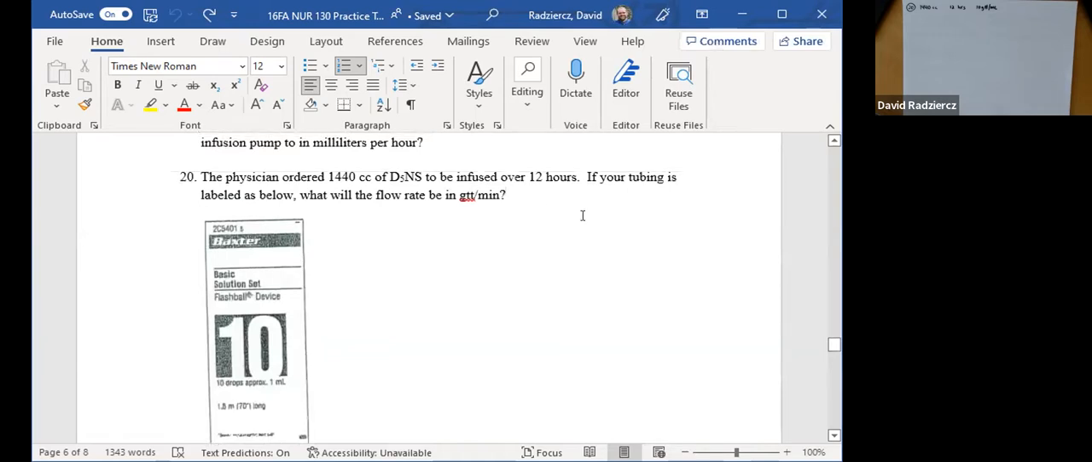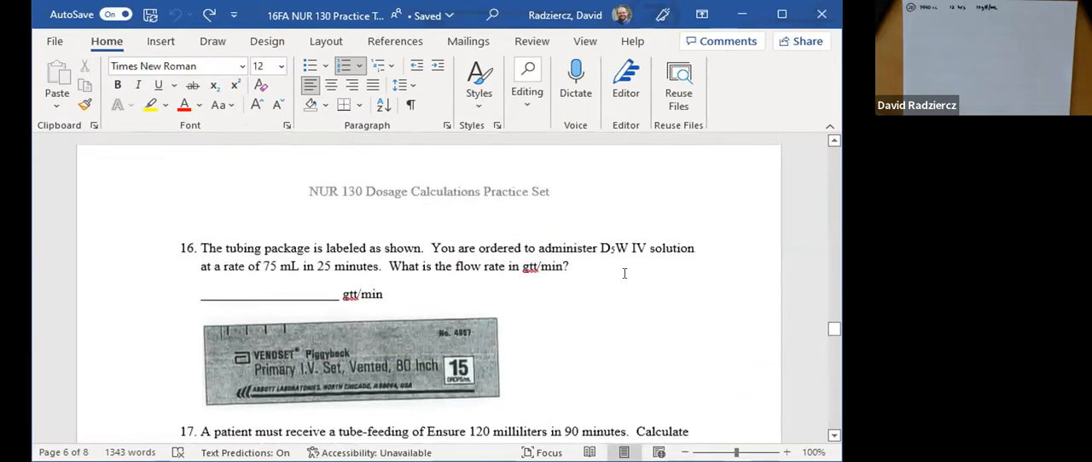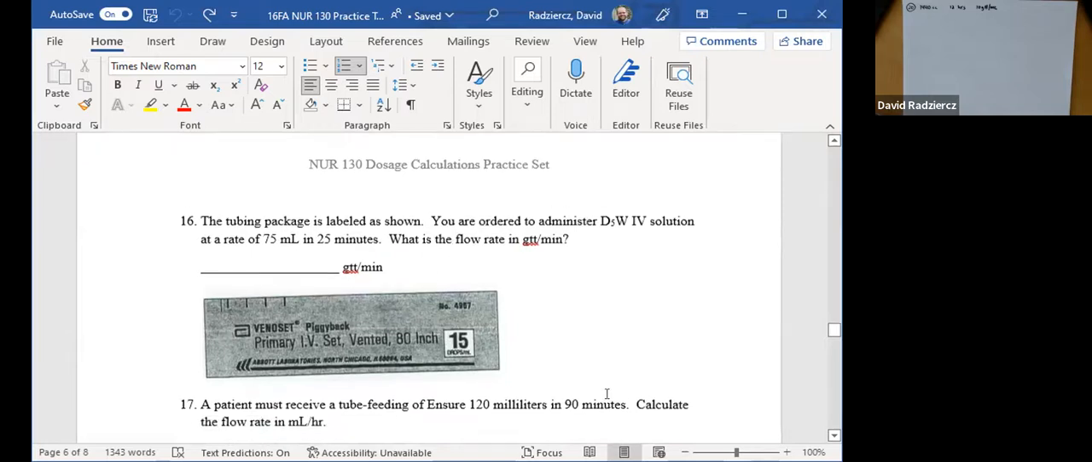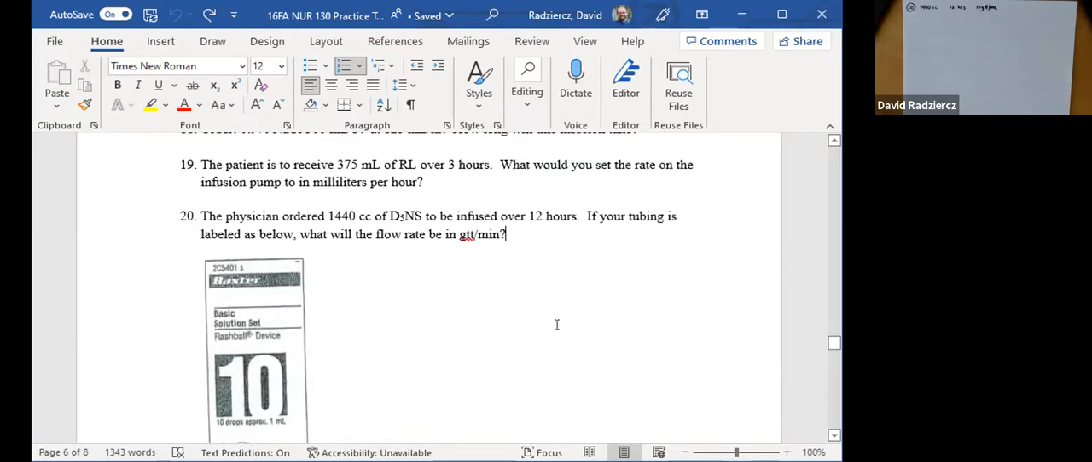So that's the details that we need to know in order to answer this question. And it's the same details you would need to know to answer 16. You would need to know the volume, the time, and then the drop factor. Okay. The difference with 16 versus what I'm going to show you now is this is already in milliliters per minute. So you just leave it alone. 75 over 25 times 15. And that is your answer for that question. But let me work out number 20 so you can see what that looks